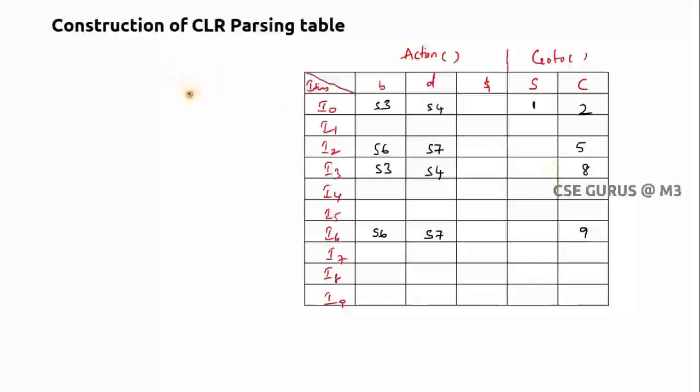So what about R? You have to write reductions also, no? So what are the reductions I need to write? Anyway, we have 3 productions. That's why I'll get R1, R2, R3. How many productions are there, that many reductions we will get here. R1, R2, R3. So here only 3 you have.